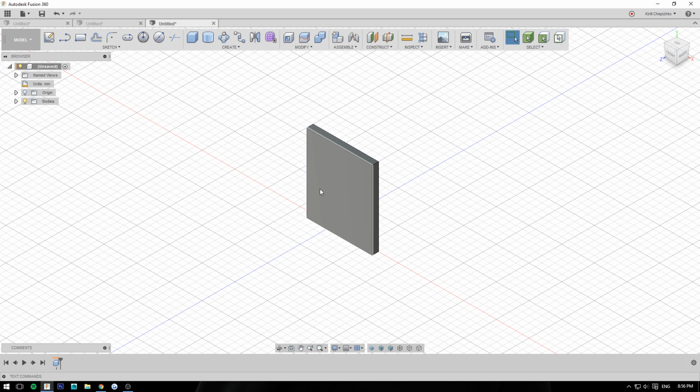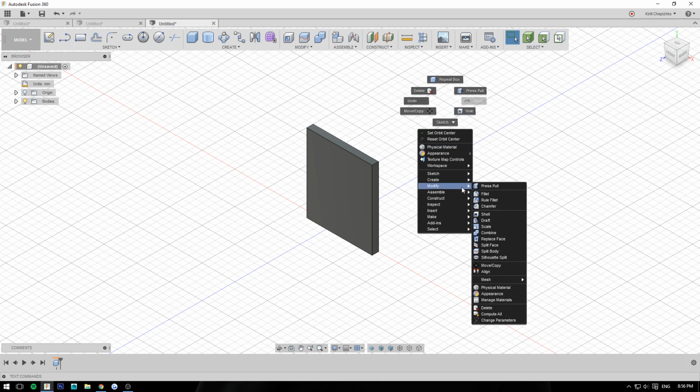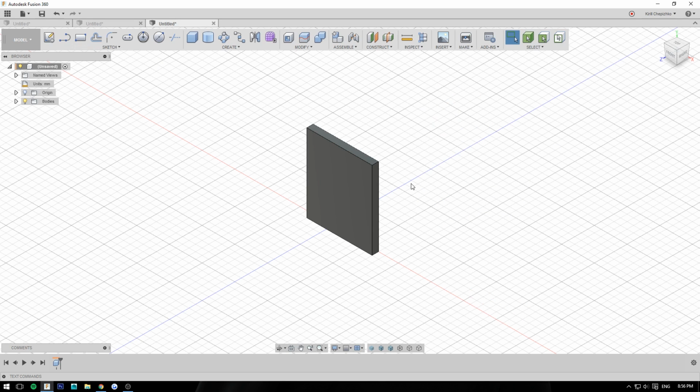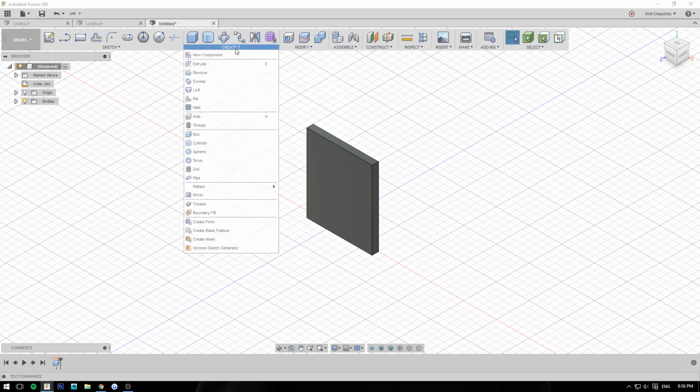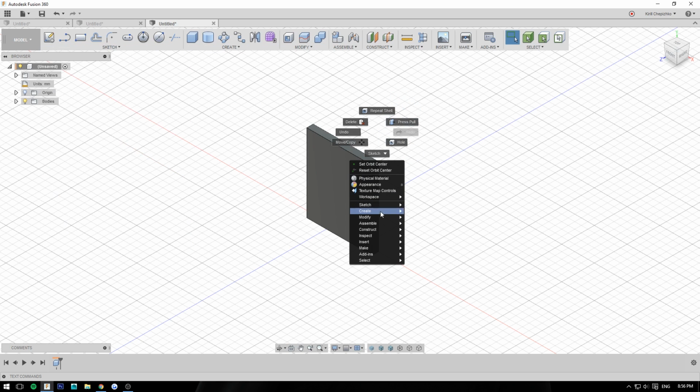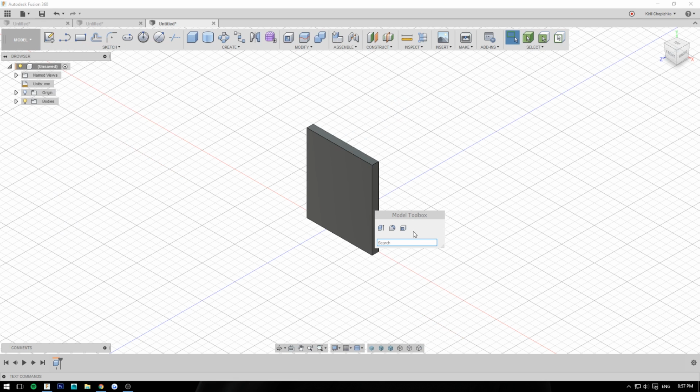Another really cool tool that I'm trying to force myself to use more and more is the quick menu. All of the things that you have here and in the right click menu can be called through the quick menu by pressing S on the keyboard. So you press S and you have this floating menu, which by default has press, pull, and fillet. But you can search your commands. So for example, shell. And you can add that command to your quick toolbox and just have it floating around. Anytime you need to do something quick, just press S, find that. Here you go. So one way to find those rarely used things is to go through here, which I'm kind of already used to. Go through the right click or S as a shortcut,